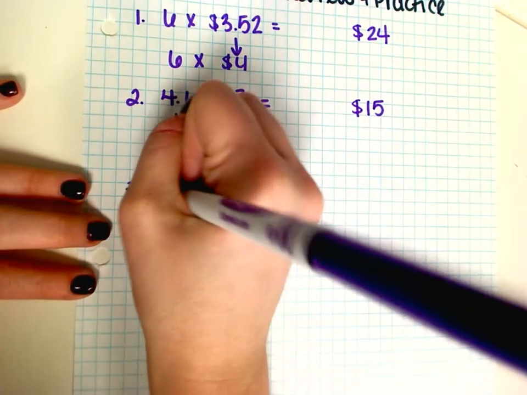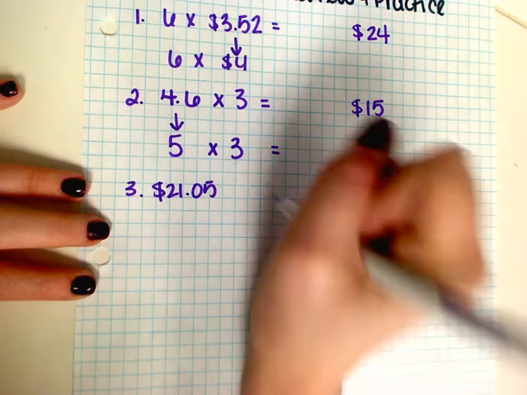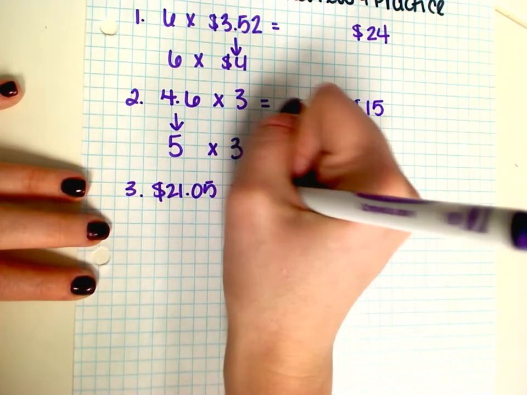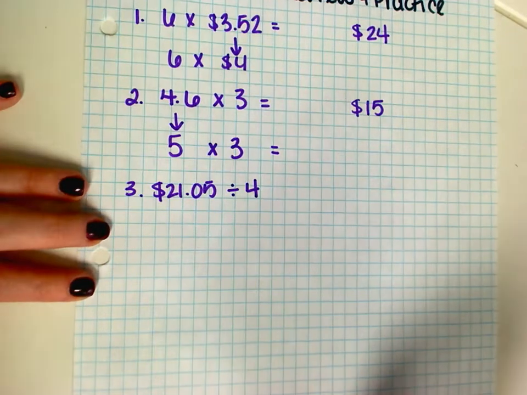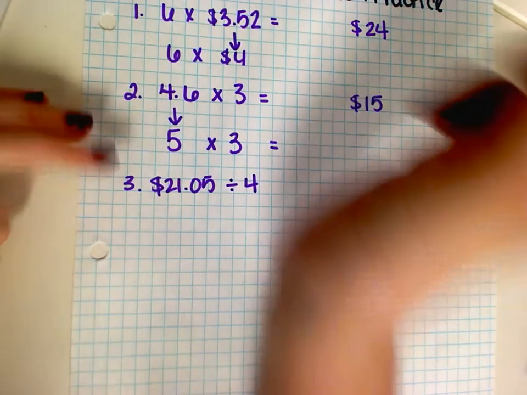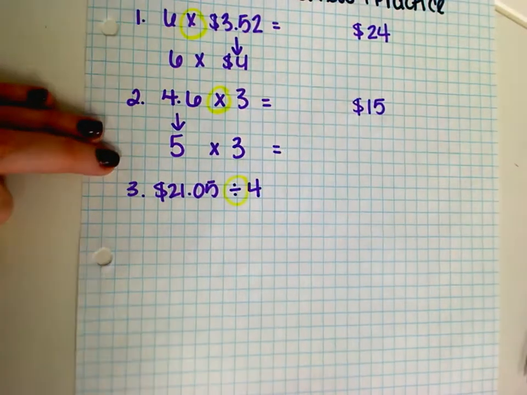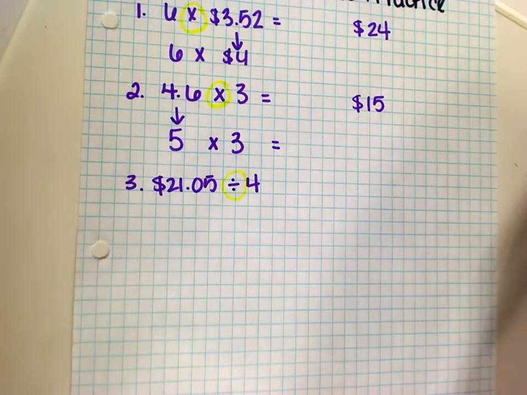All right, number 3. We have $21.05, back to money. Now we're dividing. Divide it by 4. So look how I switched the sign. Be careful on tomorrow's test. You're paying attention to the sign we're working with. Now we want to think about compatible numbers. So when you look at that amount, $21.05